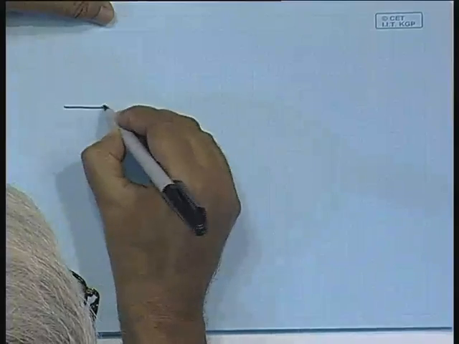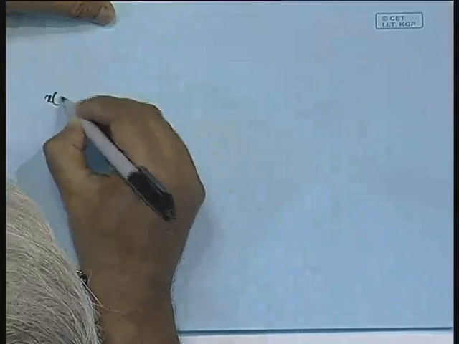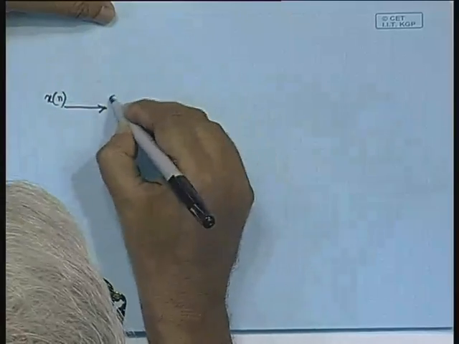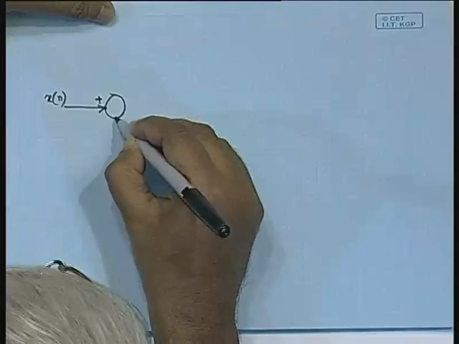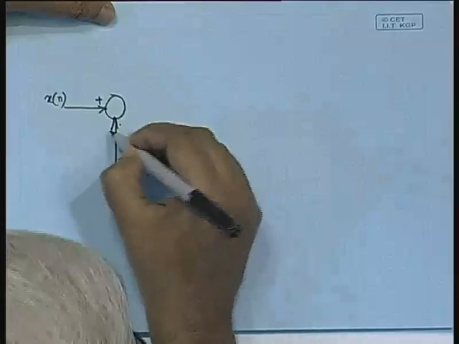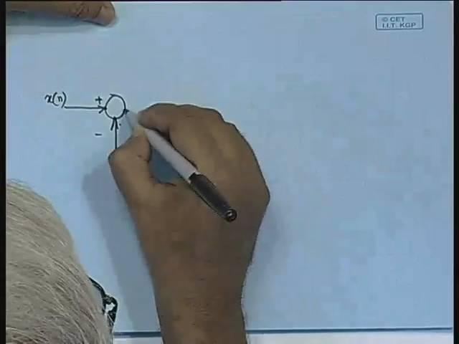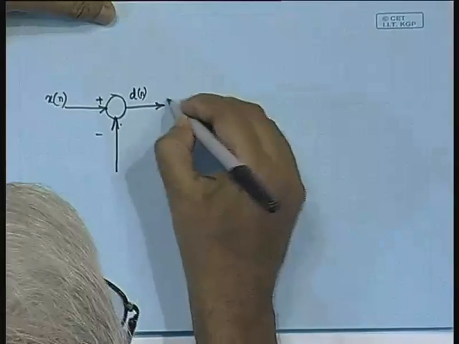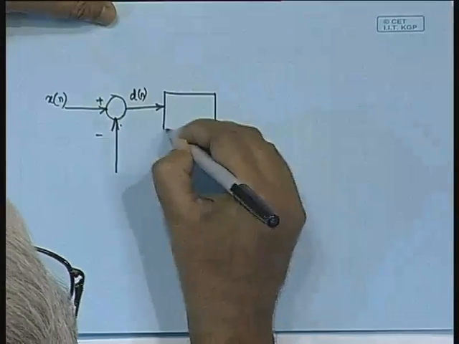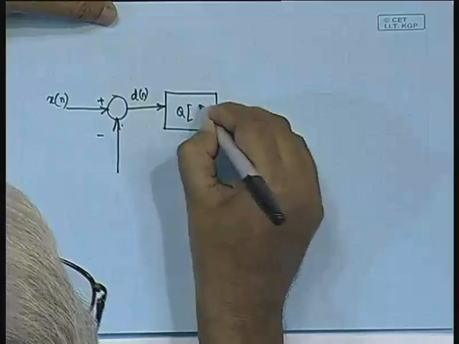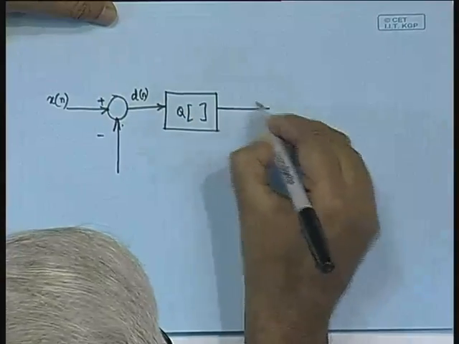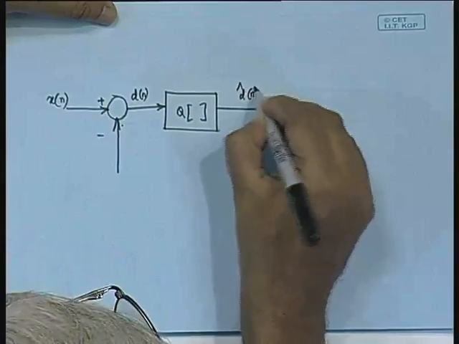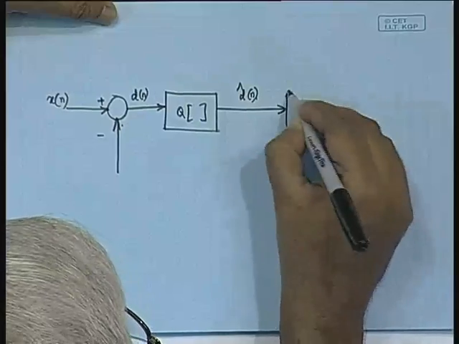So, the block diagram should be like this: x of n is the input, and here we have d of n, the differential signal, and then the quantizer Q, and here we get d cap of n, the encoder,